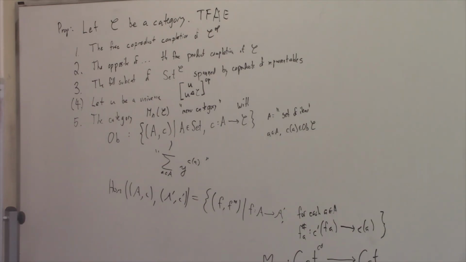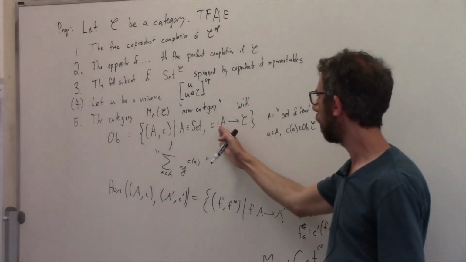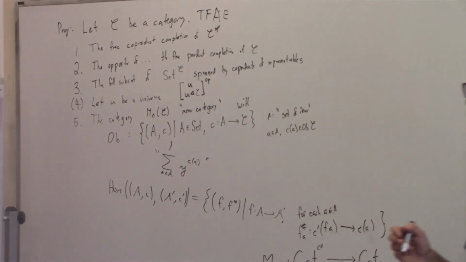But also, what is a menu category of the two object category with one arrow between them? An object is a set, and for every element of it, either true or false. And then you have this set of things, and they're all labeled like true, false, false, whatever. And then you have this other set of things labeled false, true, whatever. And you can send this to which one you want, as long as this is less than that label. Why? I don't really know how to think.